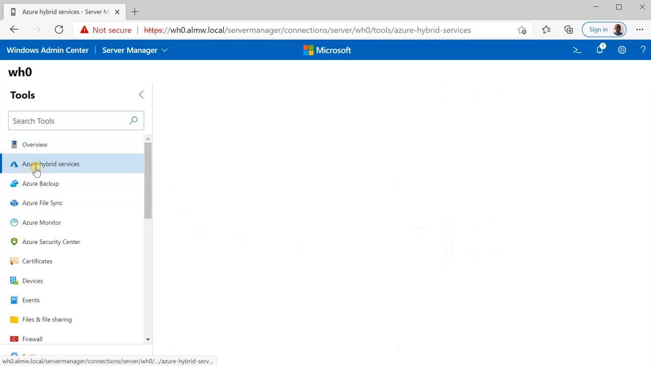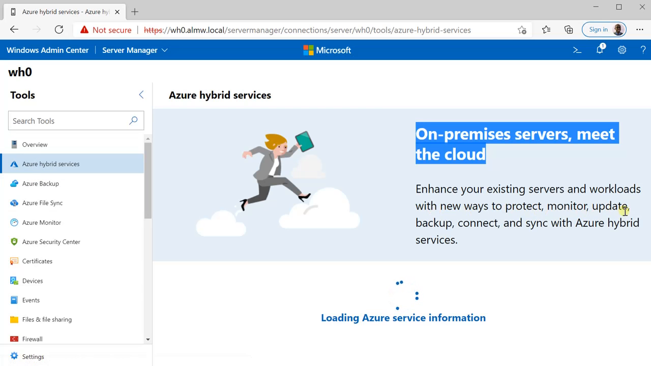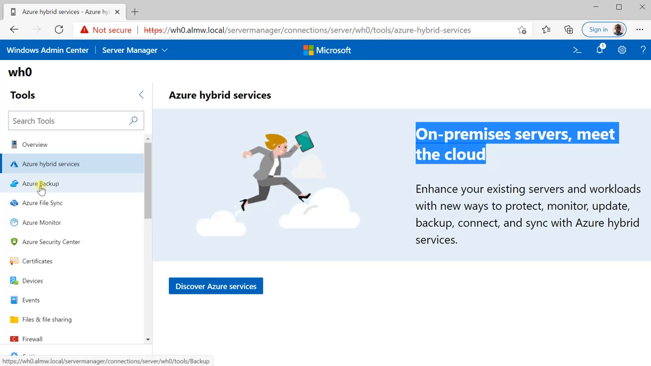Click Azure Hybrid Services to discover Azure services where on-premises servers meet the cloud. This is where you can begin enhancement of your existing servers and workloads with new ways to protect, monitor, update, backup, connect, and sync with Azure Hybrid Services after registering your Windows Admin Center and granting required access to your Azure